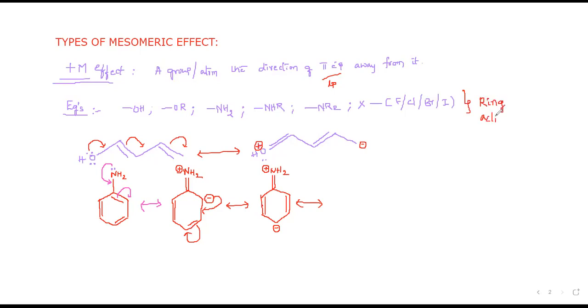Why are these called ring activators? Because the presence of these groups on benzene makes a negative charge. See, in structure 1, this is the first resonating structure, this is the second resonating structure. In the second resonating structure, benzene has a negative charge. Even in the third resonating structure, benzene has a negative charge. Next, once again, this negative charge comes in between these two carbons. Now this double bond is shifted onto this carbon, so this carbon gets a negative charge. Let me draw the diagram clearly so that it will be clear for you.